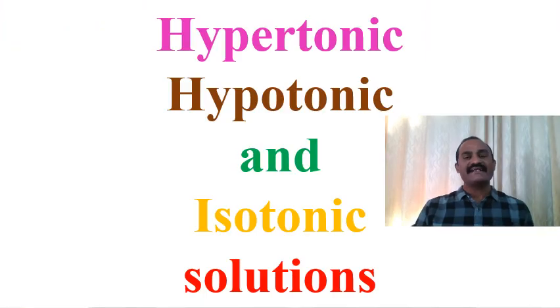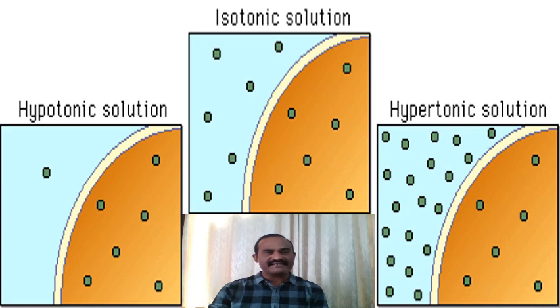To understand the concept of osmosis in a better manner, we require the information about hypertonic, hypotonic and isotonic solutions. Here is a slide that will explain the concept of hypotonic solution, isotonic solution as well as the hypertonic solution. Now you imagine a system in which an aqueous solution A with high concentration of solute is separated by a selectively permeable membrane from an aqueous solution B with a low concentration of solute.